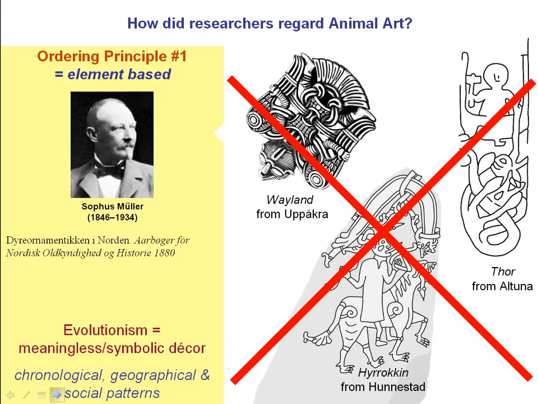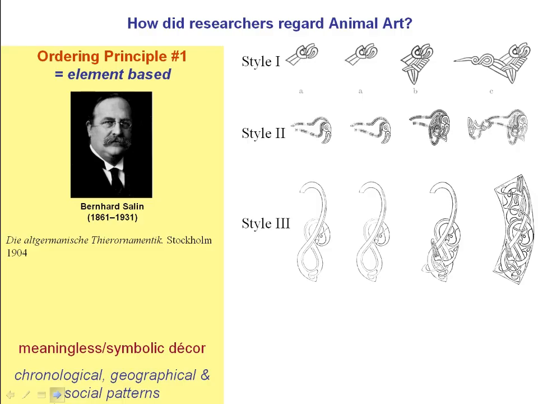Anyway, the new project that had been inaugurated by Sophus Müller took really hold of the new imagination of the Archaeological Society, and one of the representatives who implemented it quite thoroughly was a Swede called Bernhard Salin. Salin developed a very interesting and totally scientific method of splitting up, in that case, the ribbon-shaped beasts of the Merovingian or Vendel Age, and also the earliest Viking Age, which people back then still believed to be part of the Vendel Age continuum of art,